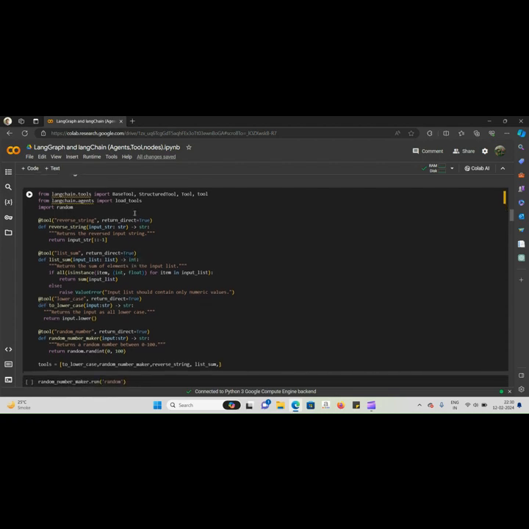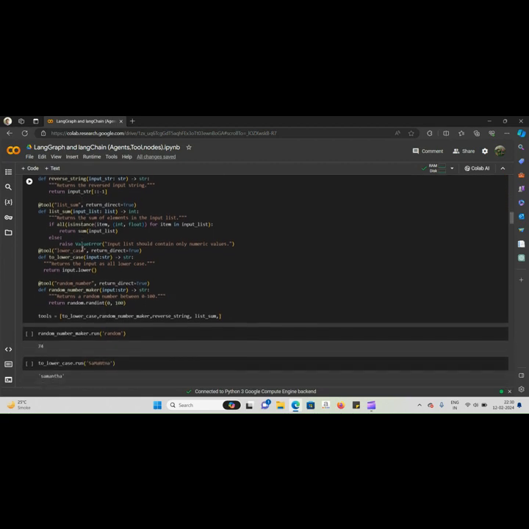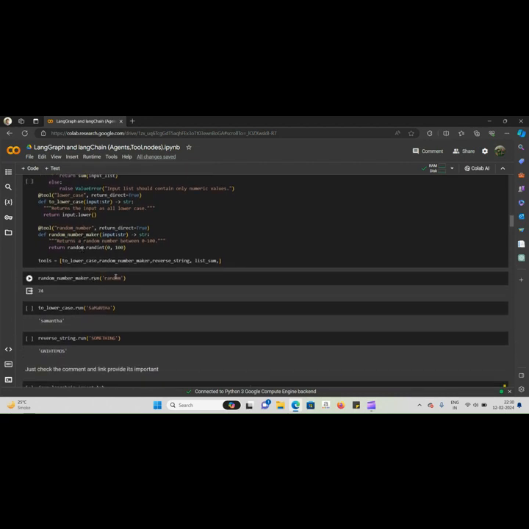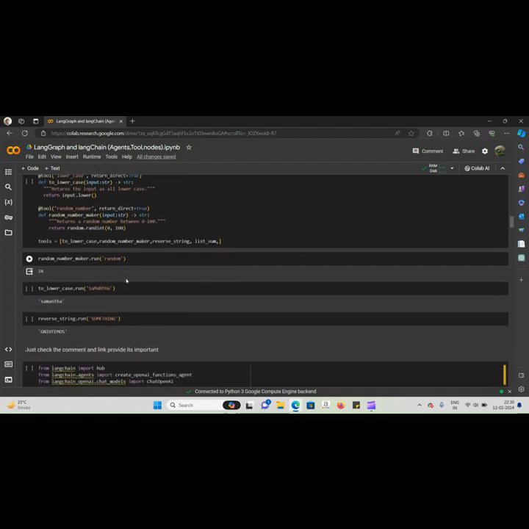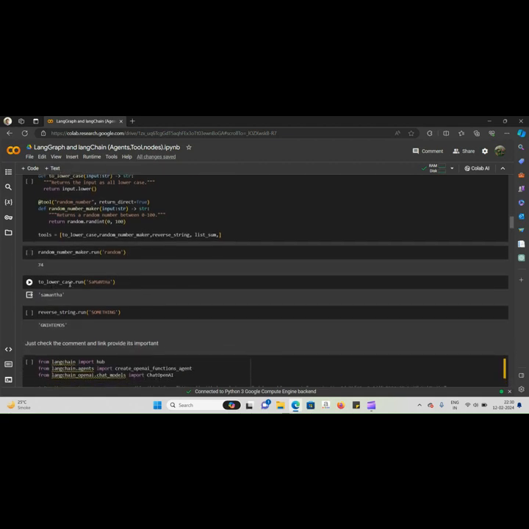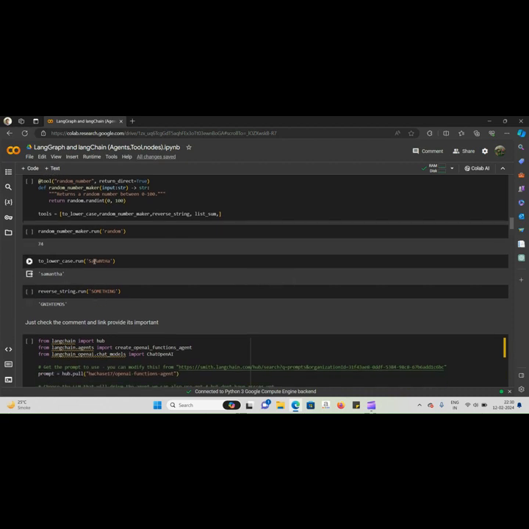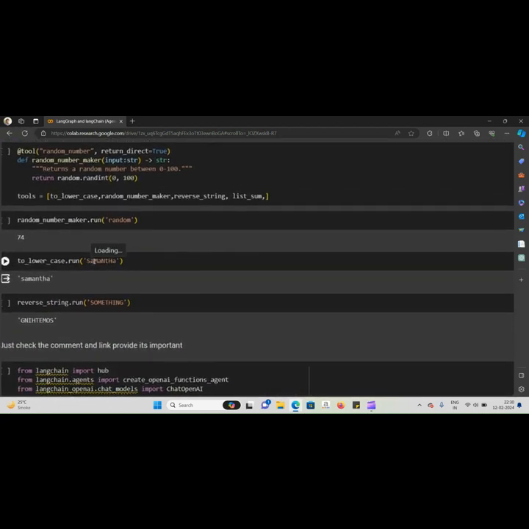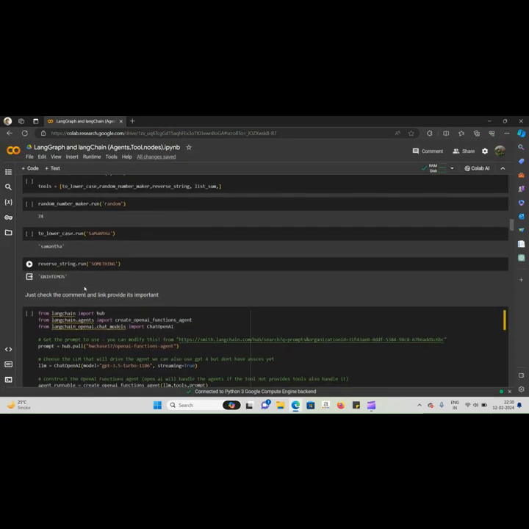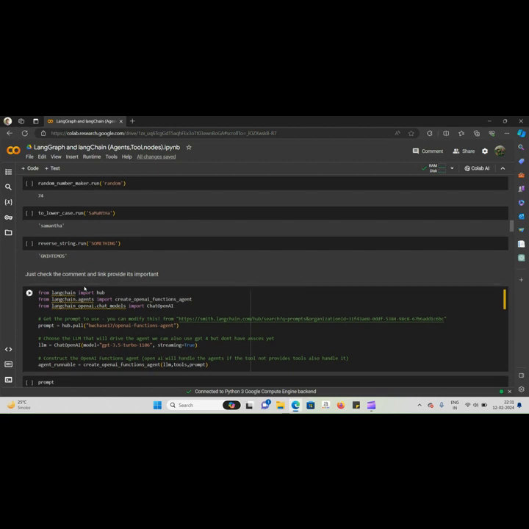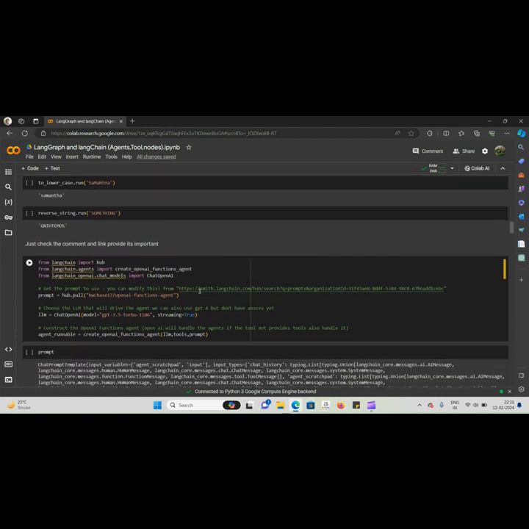If we go through customizing the tools, we can customize the tool if you want. The reverse string function I have mentioned there. The list of sums, if someone wants to convert lowercase to a number, and a random number if you want to give. I am just showing one of them. The random number is 74. After that, if you use anything in lowercase or uppercase, it will be converted. I have also mentioned the reverse string. So whatever we are getting,